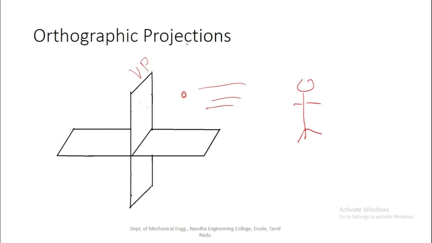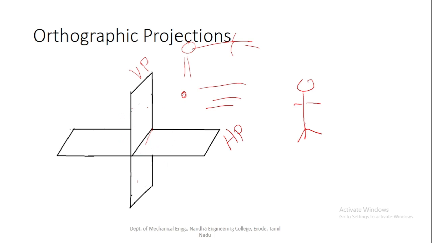Then to draw the top view, the observer is always on the top. So he views the object, and the corresponding top view will be projected on this plane. The orientation of this plane is horizontal, so this plane is called the horizontal plane. So the front view is projected on the vertical plane and the top view is projected on the horizontal plane. If we extend the vertical plane beyond the intersection of the vertical plane and the horizontal plane, and similarly extend the horizontal plane beyond the intersection of the vertical and horizontal planes,